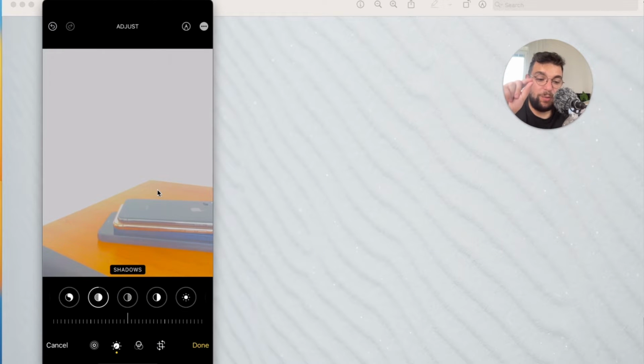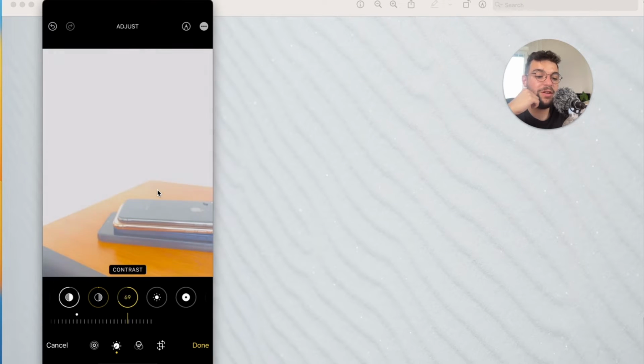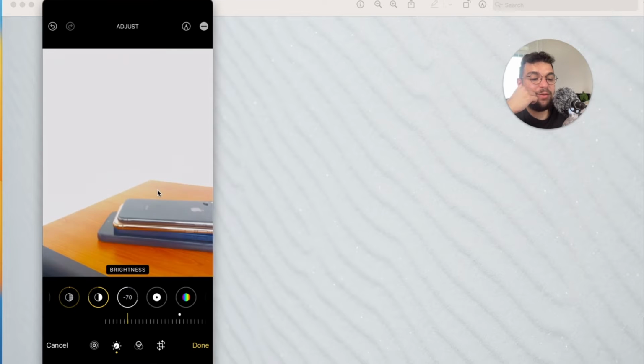The shadows should be added there. You can see you can go to the right and lift the shadows. See right here, we have to slide it across, but it doesn't do much of a difference. The important part is going to be the contrast, so you're going to click on that, and you probably want to increase it a bit. When you hold down on it, or when you can see the before and after, you're going to notice that the difference isn't that huge, but you definitely want to lower the